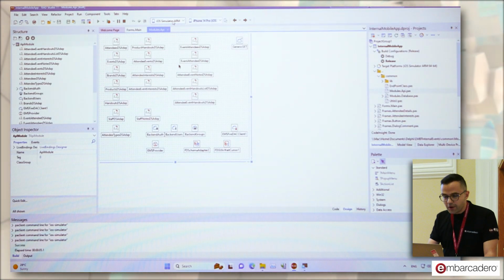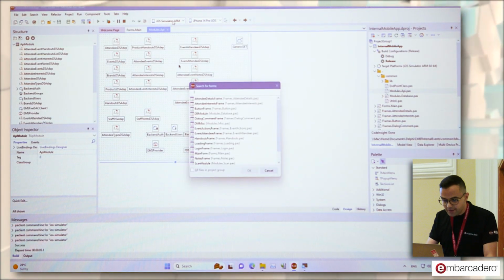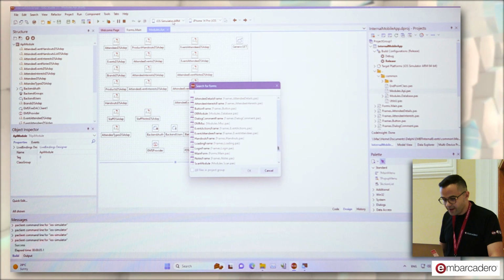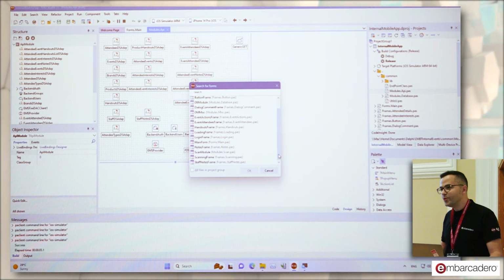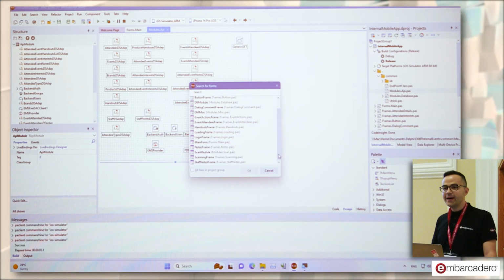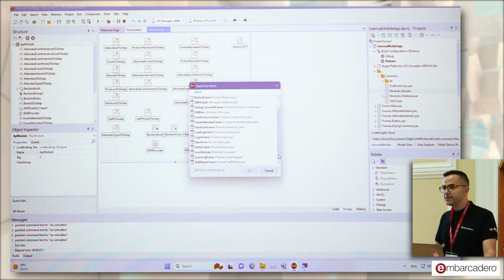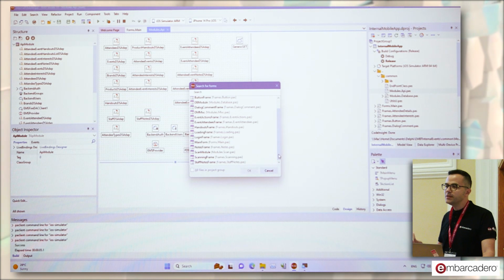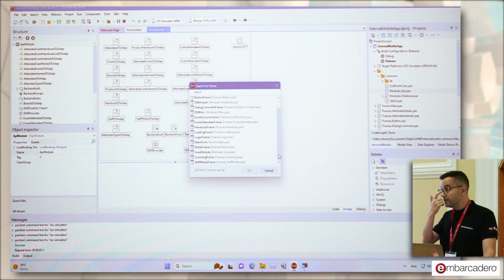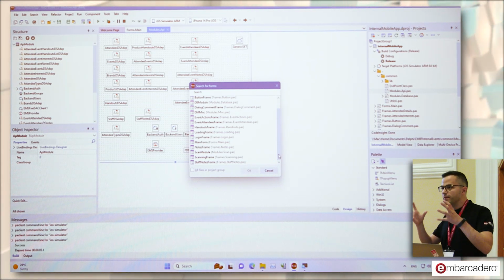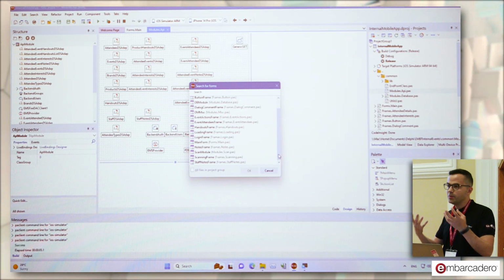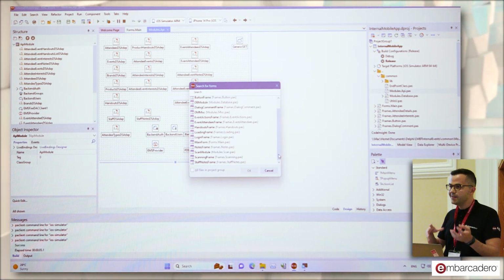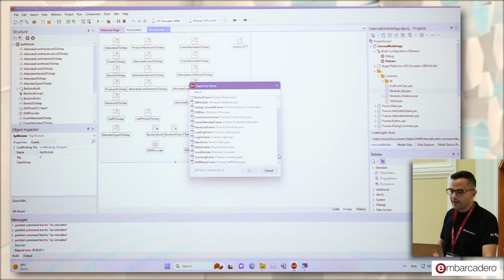So I'm not going to go into too much detail about this application because obviously it's not just a Hello World example. It has more stuff behind the scenes. It uses a lot of frames, because frames are similar to components in the web development world. You create a frame where you encapsulate your UI and some logic if you want to. You can define events and properties and reuse that everywhere.